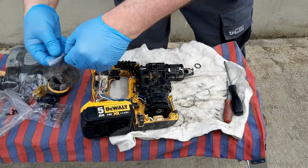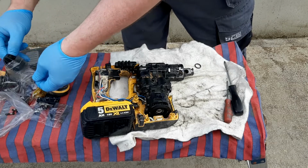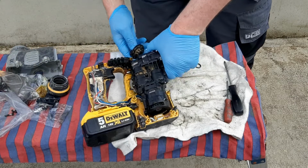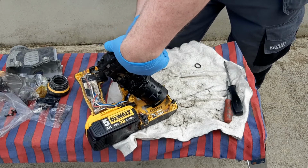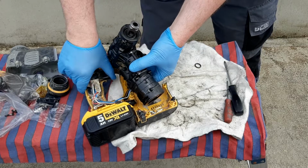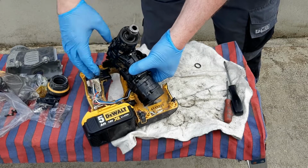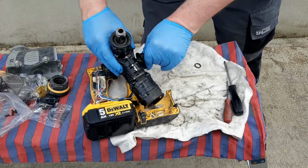They get the mode switch as well. Let's see if I can change her to... She must be in chisel mode, I think. There's something happening on her. Right, there's the mode switch. So change around. Right, that's good. That's perfect. That's a good